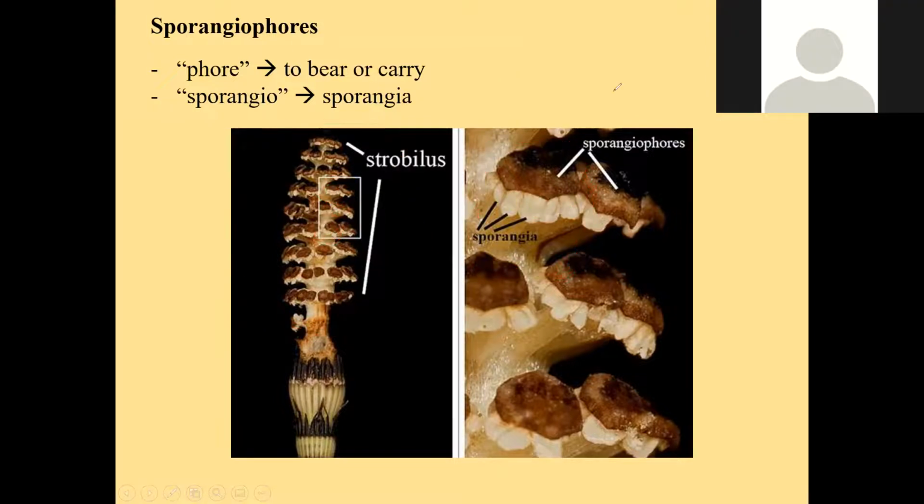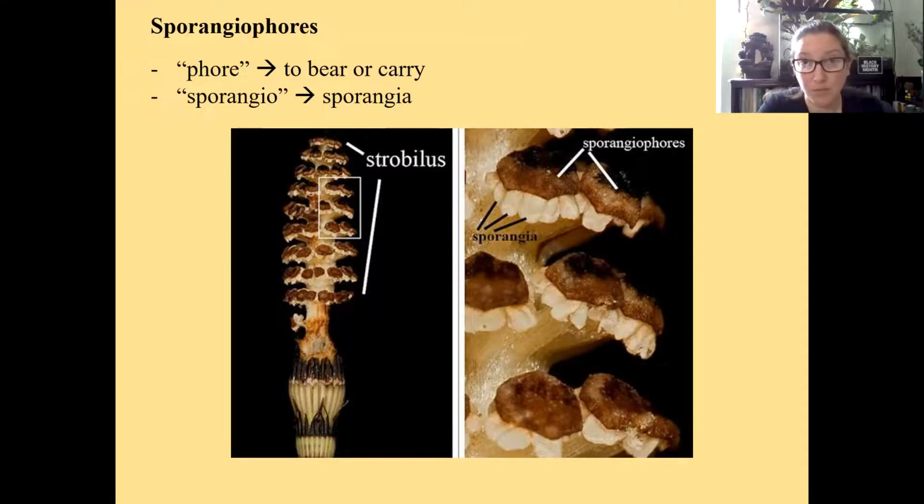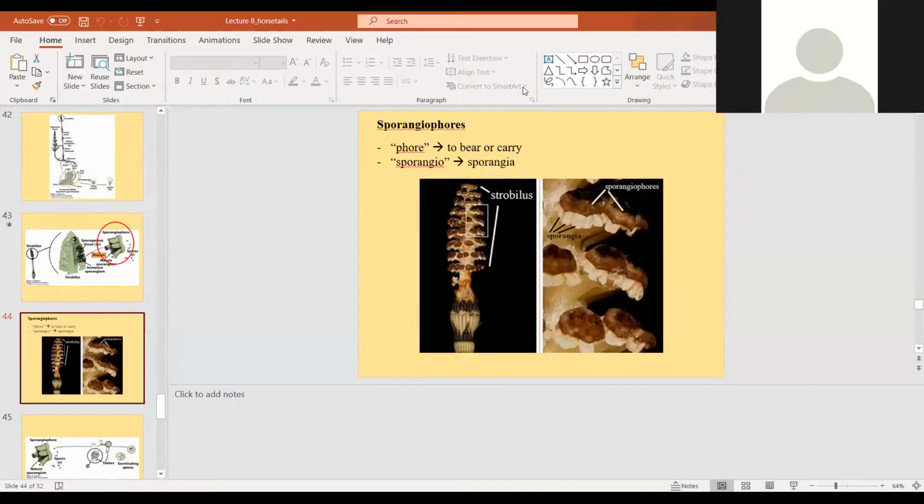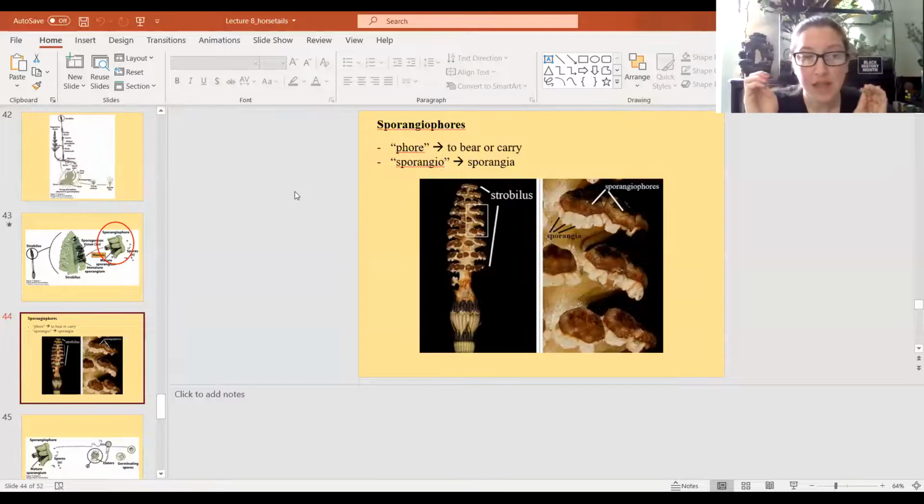And those are homosporous, right? They are homosporous. Yep. And the reason why we go over this is because it's